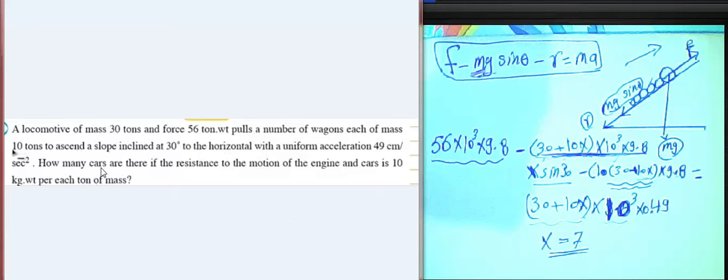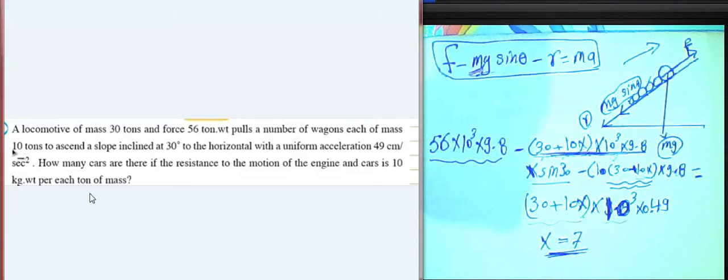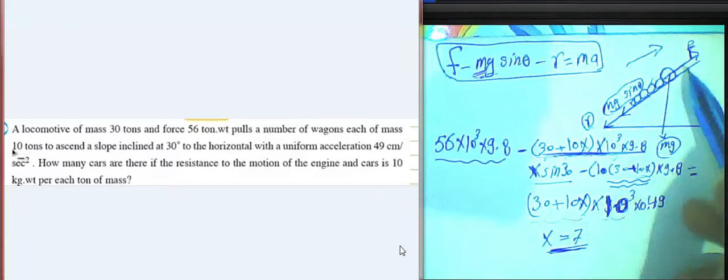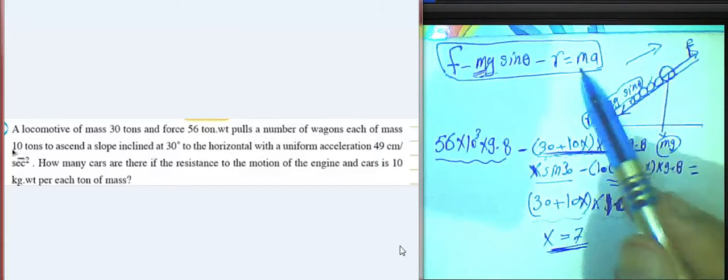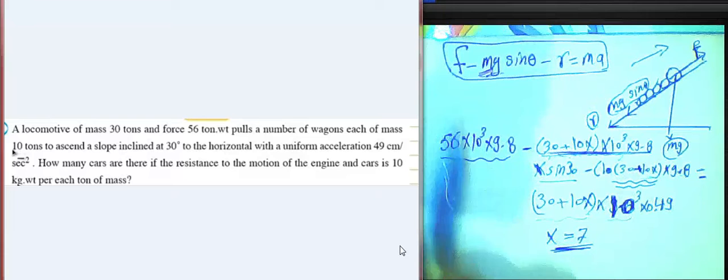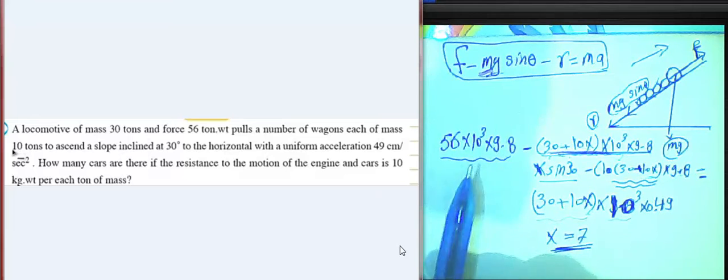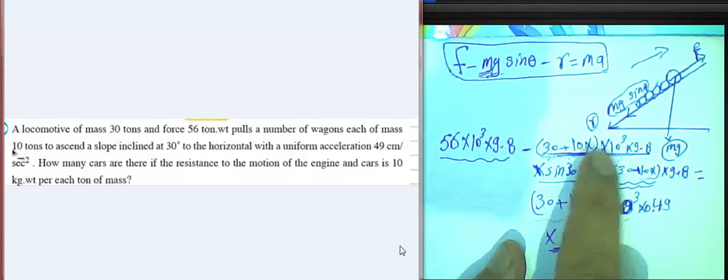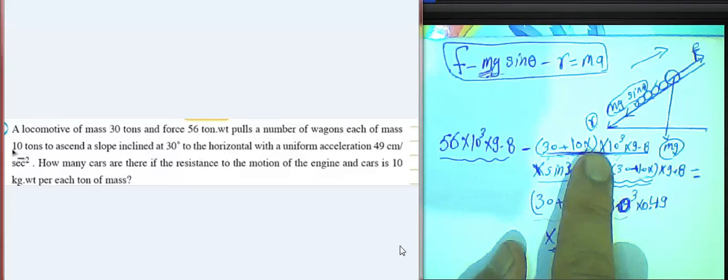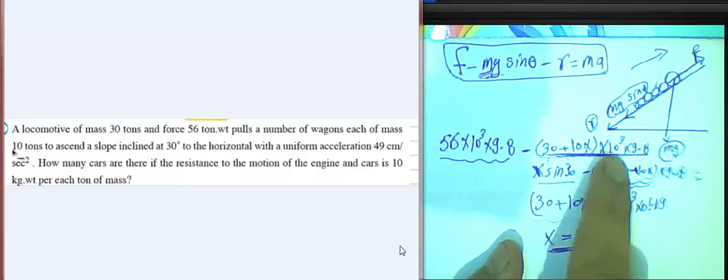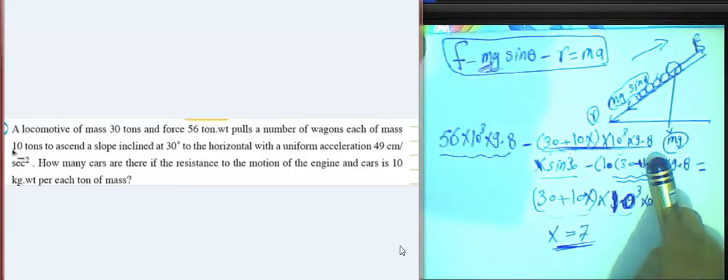So the car, how many cars are there? If the resistance to the motion of the engine and the cars is 10 kilogram weight per each ton, the number of the car will be 7. It's very important about this example. Again, this equation F subtract mg sine theta subtract R equal ma. Force we must convert from ton here to Newton, multiply by 1000 to convert to kilogram, multiply 9.8 to convert to Newton, and here the weight 30 plus 10x, x refers to what? The number of wagons, multiply 10 power 3 to convert to kilogram, multiply by 9.8 to convert to